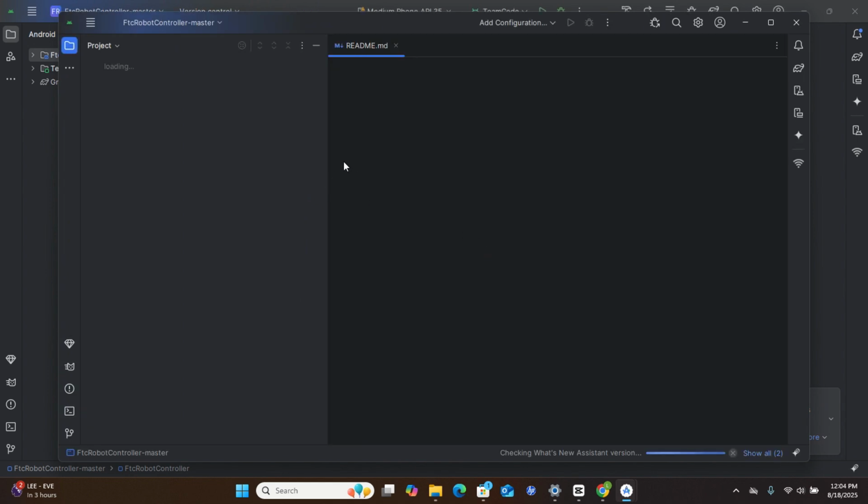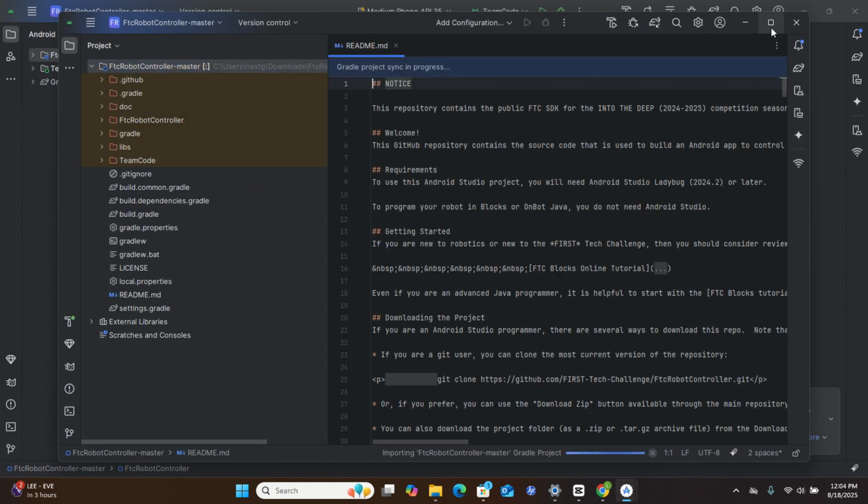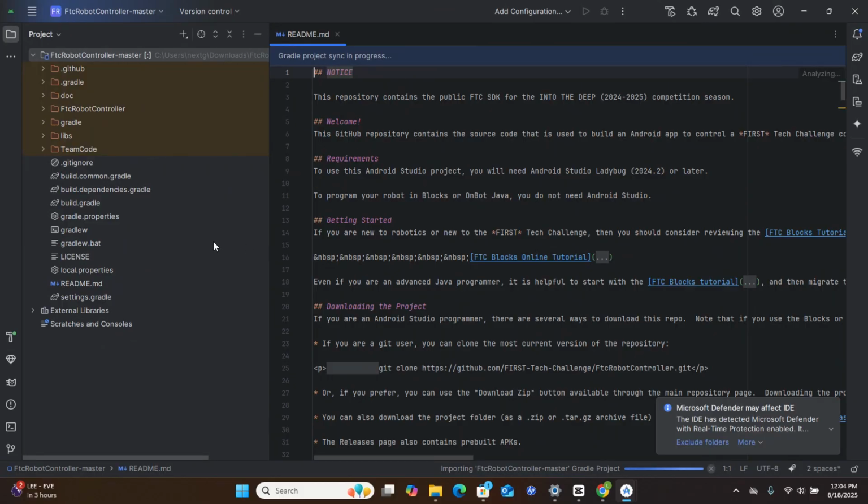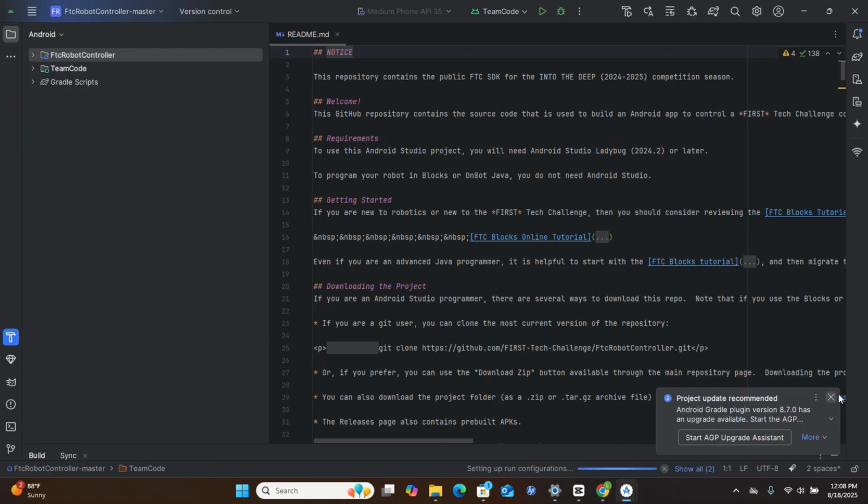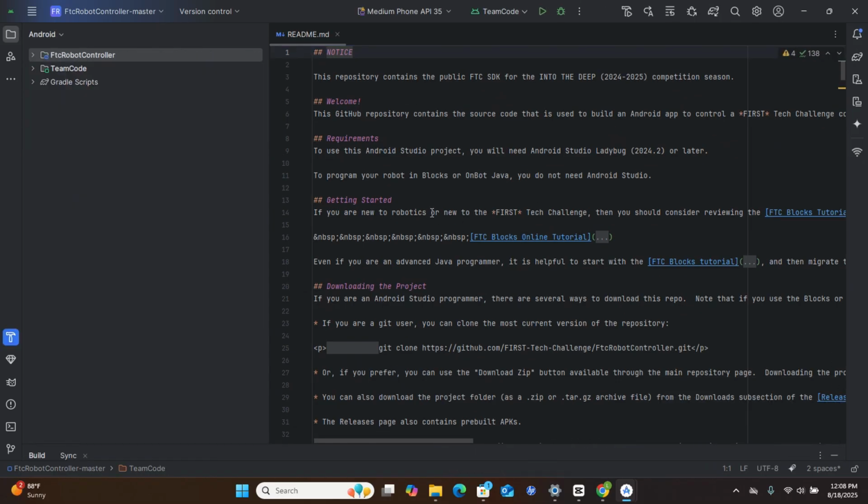That's what you're going to open in Android Studio. I'm going to use a new window. So give it a little bit of time to load and get everything organized. Okay, so after it's finished with all the Gradle syncing,